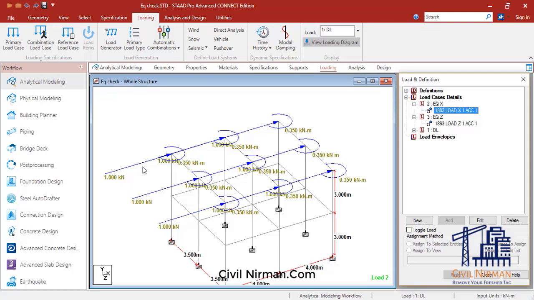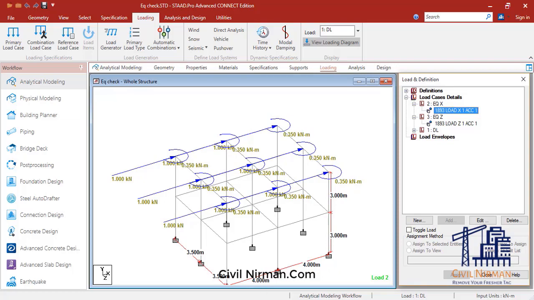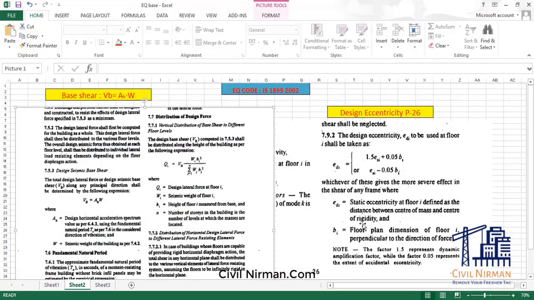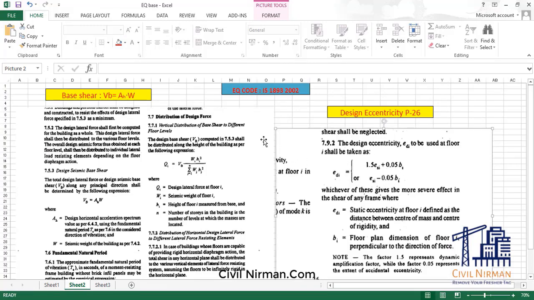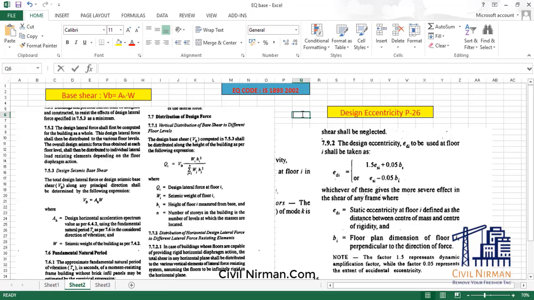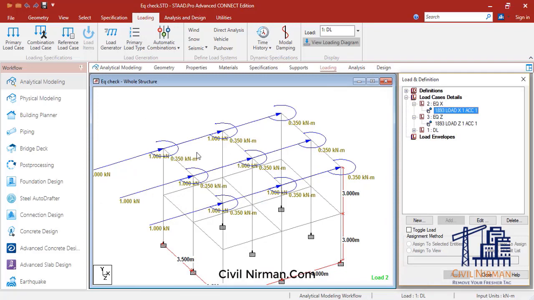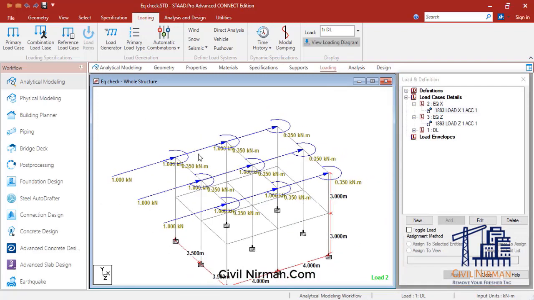Now see, as our building is simple with a regular configuration, right? So there will be no eccentric loading over here, but still you are finding such moment over here, right? I have told you, depending upon the eccentricity part, right? We have discussed this, right? So in case your structure has an eccentricity, it will be calculated by this, but our building is regular and still we have chosen to work out the accidental load. So that's how the code has calculated your eccentricity based on this 0.05b, right? So these are your moments. If you don't specify that, there will be no moments.